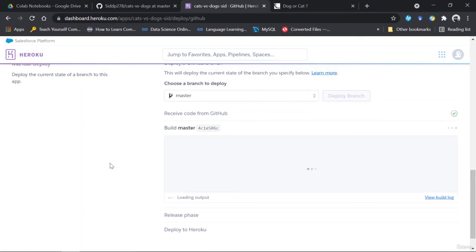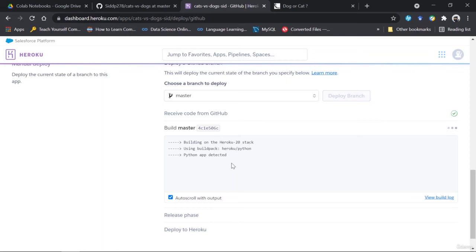Now this might take time, and while it is taking time, let me clear out some things. First, see, it is using the buildpack that we have defined. Then it says Python app detected. This comes from the buildpack, and now it will start to understand which Python version to install on the server.